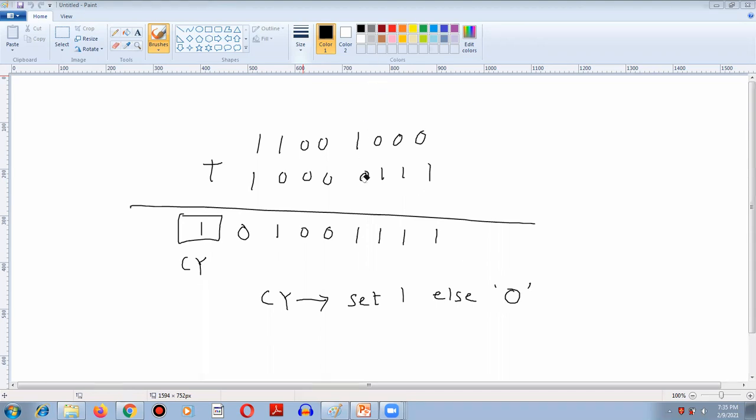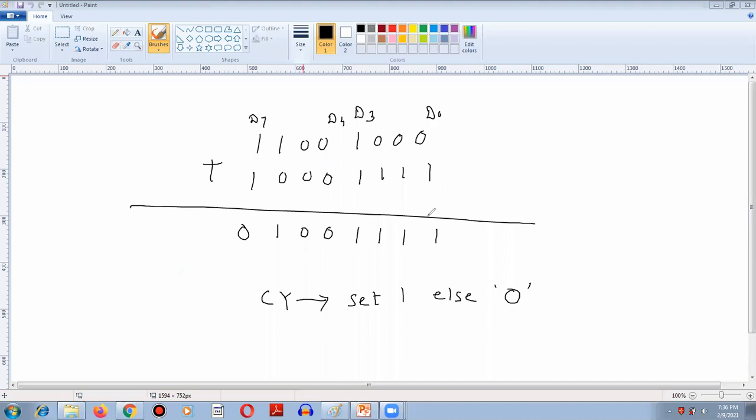Now I'm changing the information over here. Suppose instead of that 0, here it is a 1. So this is the D0 bit, D1, D2 and D3 bit, this is the D4 bit and this is the D7 bit. Now I'll carry out the addition once again, after clearing this.